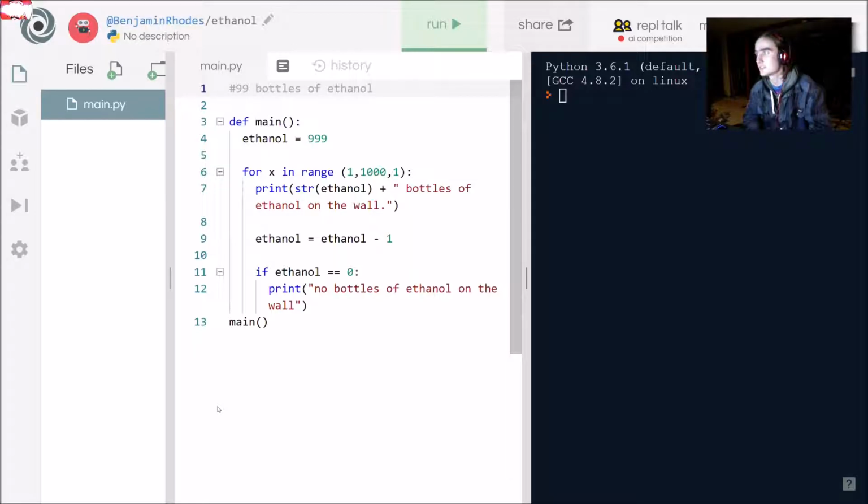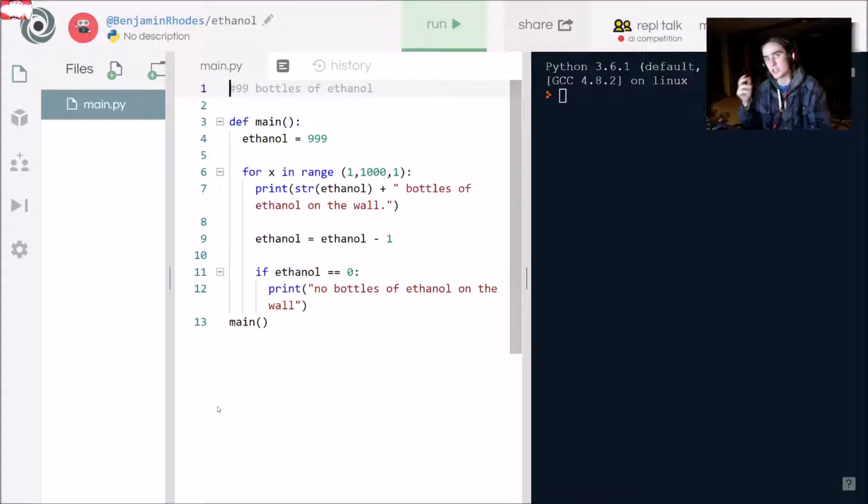Alrighty. Hello everyone. Today I'm going to be showing you all how to code a program in Python that creates a 1000 bottles on the wall script, and what this will do is, in the code output, as a result of all of this that you can see here, it's going to show